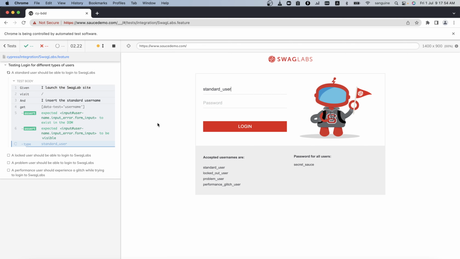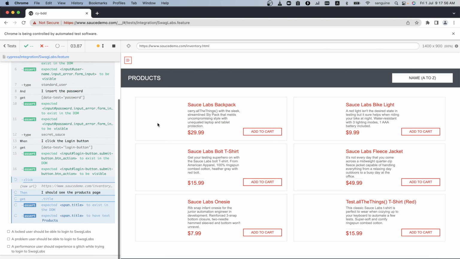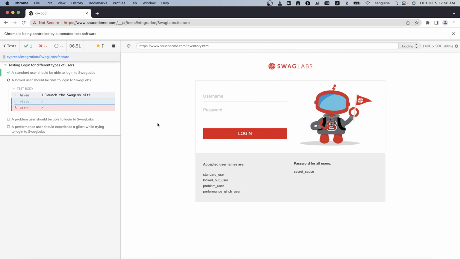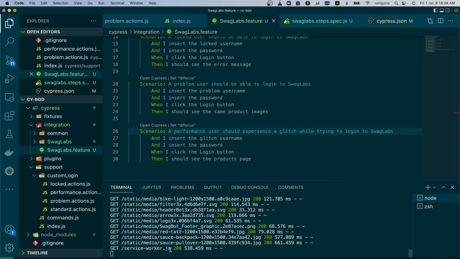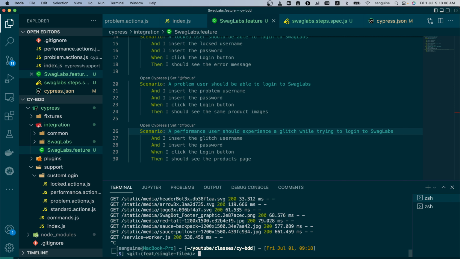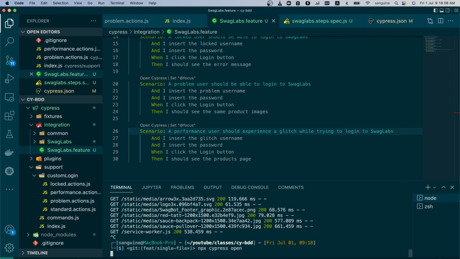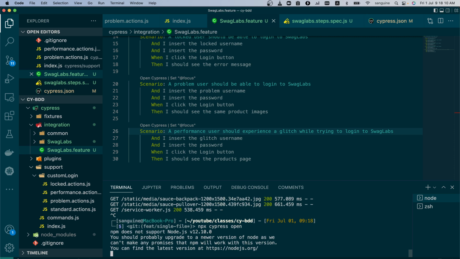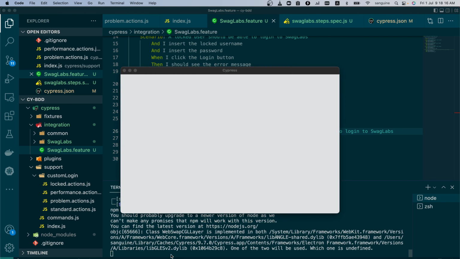As you can see, it has launched the site, and it will do the same thing for locked user. Oh, this cache issue again. Do we need to restart? We need to find a lasting solution to this. This is not really pretty on us. So let's just make a case for using the background scenario, and we will stop here, because